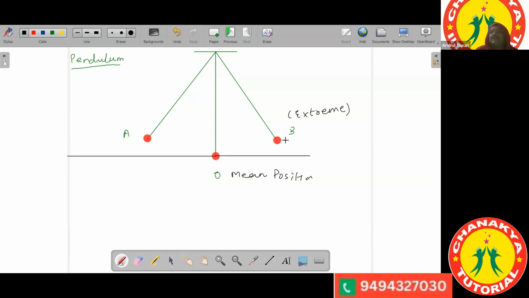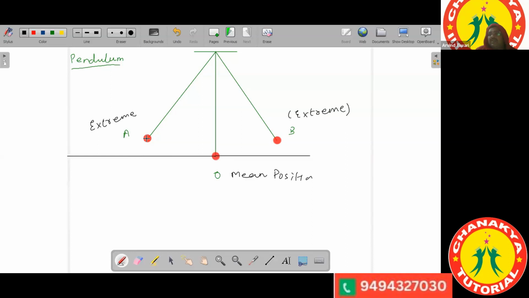So you can see, this is the extreme right position, this is the extreme left position of the pendulum. Both are the extreme positions. Now, when I take the pendulum to this position A and release the pendulum from here,